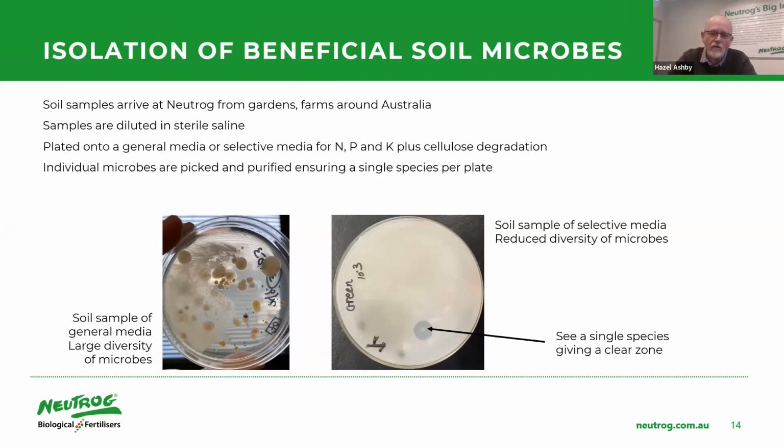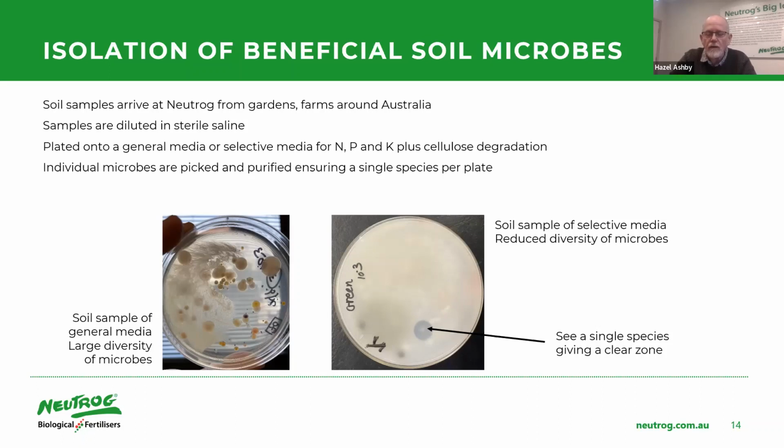And that's what you see on the other side there, on that plate that's labeled with K. That's insoluble potassium on that plate. And you see that one microbe, there's a clear zone around one of those microbes. What that microbe is doing, it's solubilizing potassium. So it's actually taking potassium, in this case trapped in mica, and it's solubilizing it and making it available for plants to use. So we have to remember that plants can't use nutrients unless they're in a soluble format, okay?